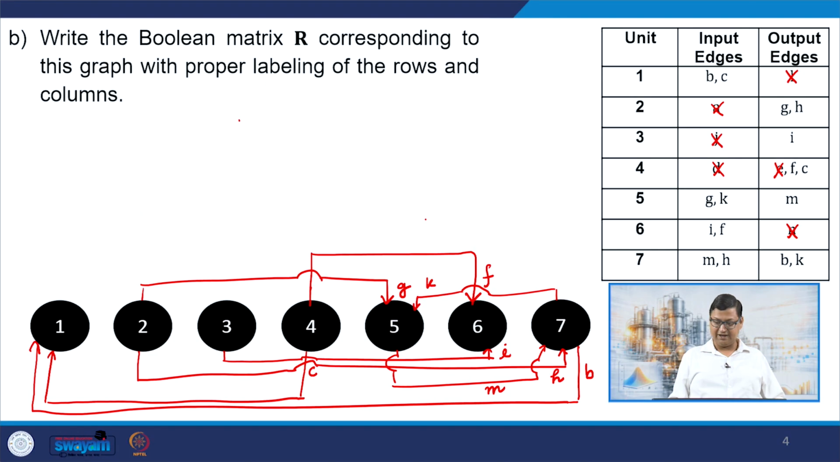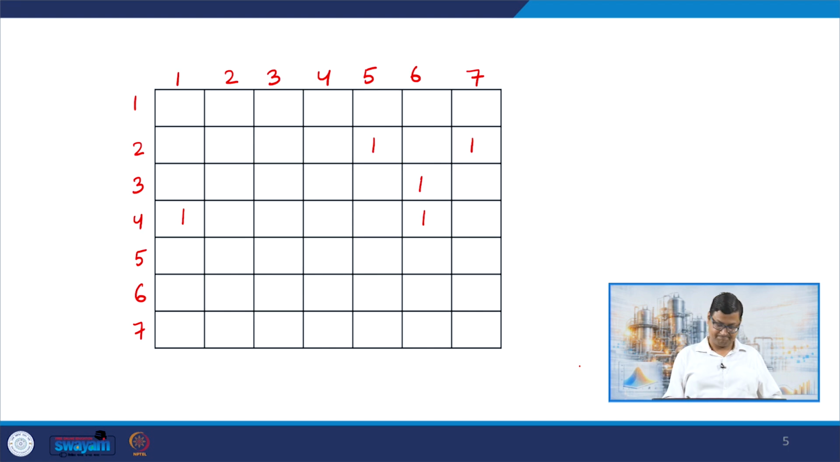And from 5 I have an input as G and K. So, G comes from 2, that is already there, and K will come from 7, that we care about when we do the column corresponding to 5, right. So, let us only look at the output edges. So, from 5 there is an output as M going to 7,